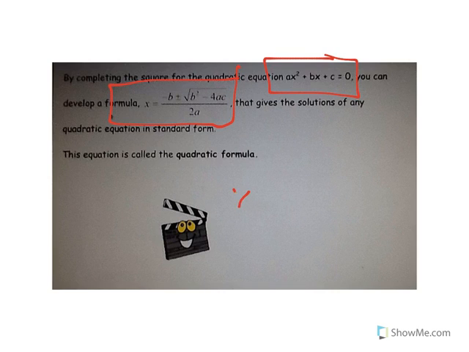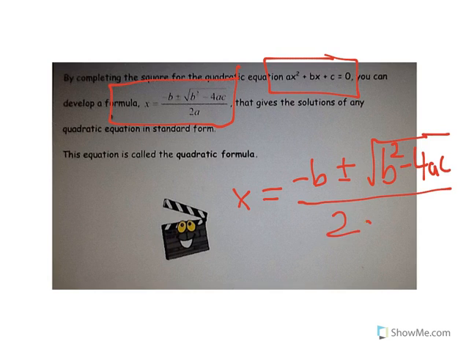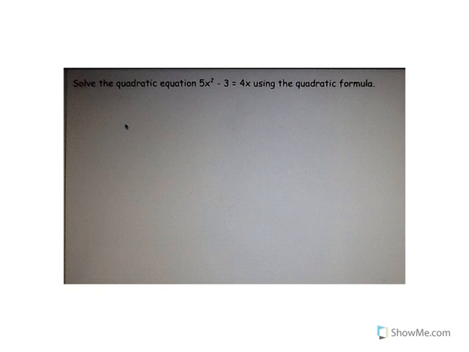It says here x is equal to negative b plus or minus the square root of b squared minus 4ac. That's all over 2a. So that, like I said, you should memorize. We'll actually go through a little bit later where that comes from, but for right now, let's just do a